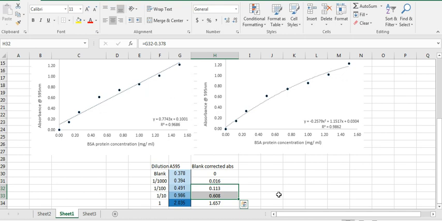When there are two values that fall within the range, you want to see where they fall on the curve itself. 0.113 is pretty close to the edge, so it may not lead to as accurate a quantification as if it was something within the central portion of our graphs. So 0.608 is nicely placed within the center of our standard curve, and that's the one that I'm going to go ahead and use to then